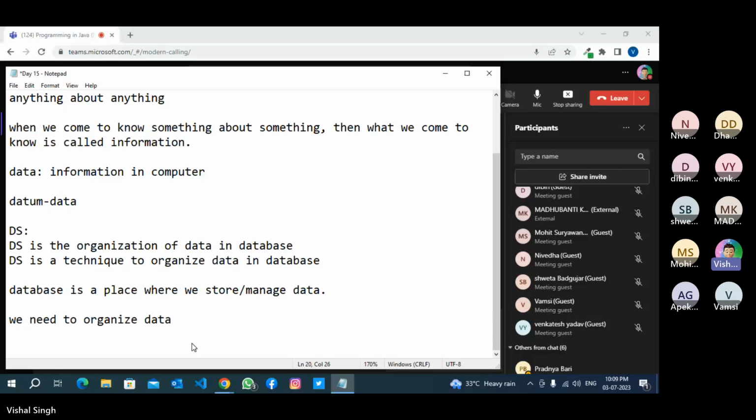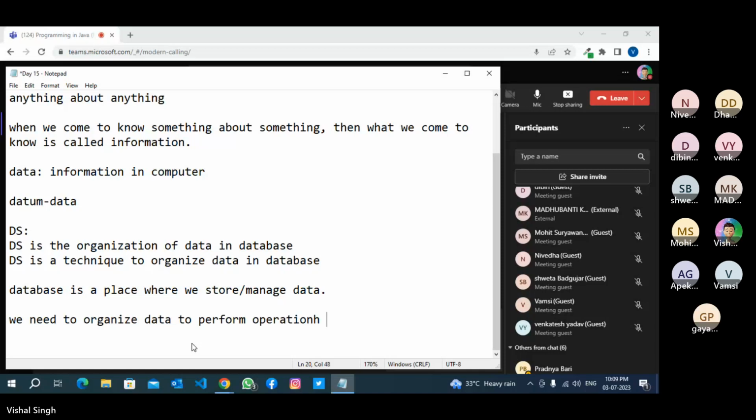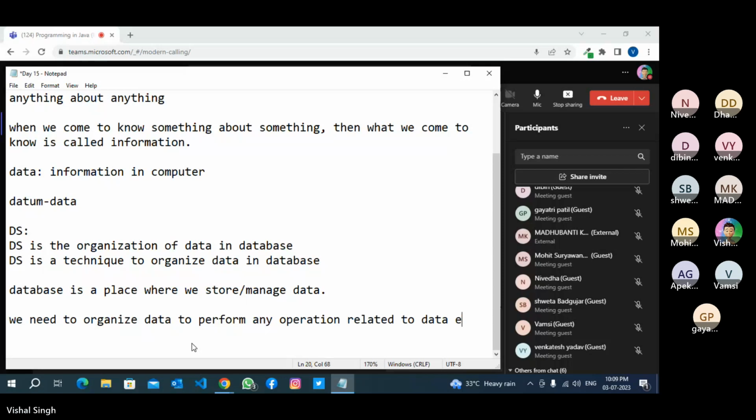We need to organize data to perform any operation related to data easily.